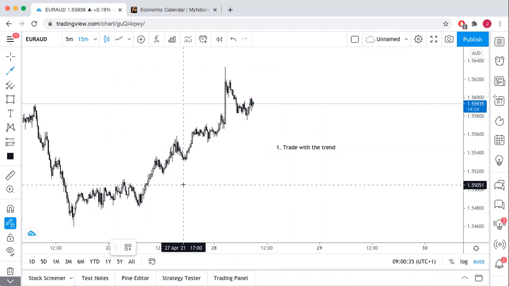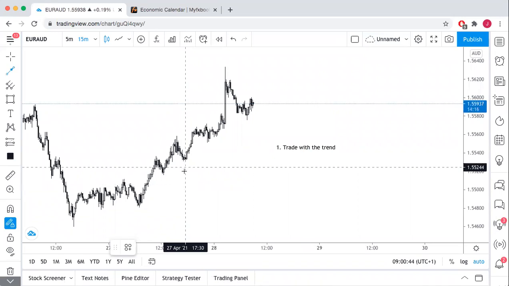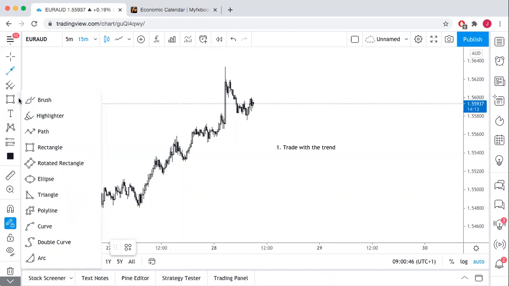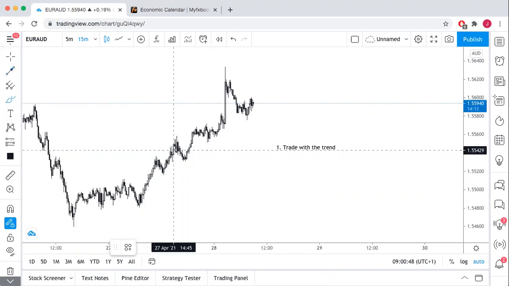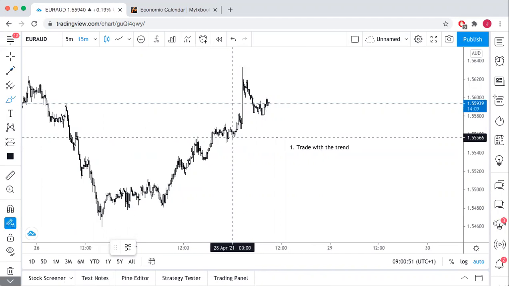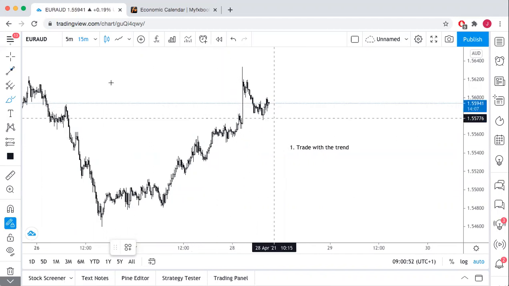So if you're going against the trend, there is always that chance that you're going to get maybe stopped out, even though it goes in your favor. You may get that last push up. Just trade with the trend. Just keep it really simple. If you can see that price is pushing up overall, don't be trying to take sales. For example, in this market, if we can see price is pushing up, I don't want to be taking sales